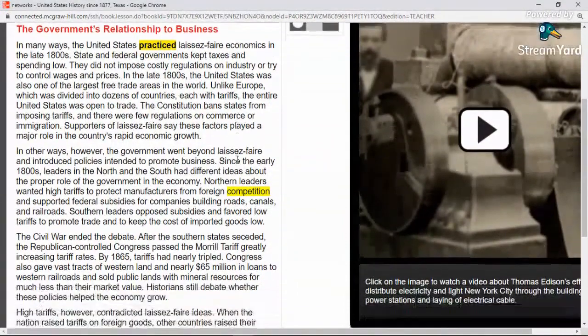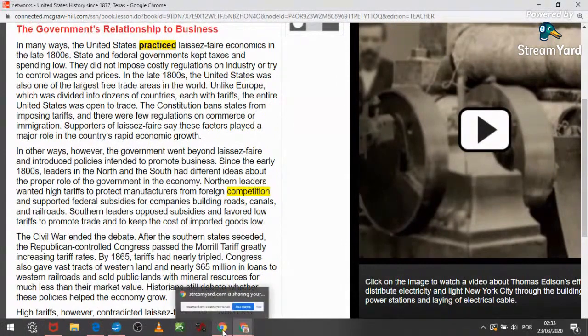What does that mean? If I live in the state of California and I want to sell something to the state of Texas, there's not a tax for that, okay? And supporters of laissez-faire said that these factors played a major role in the economic growth of the country, which, by the way,